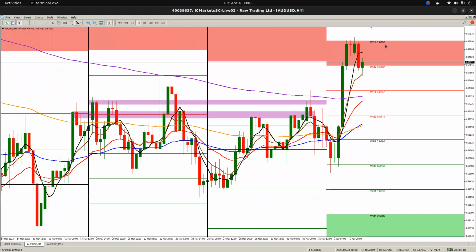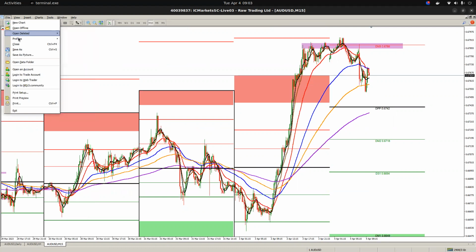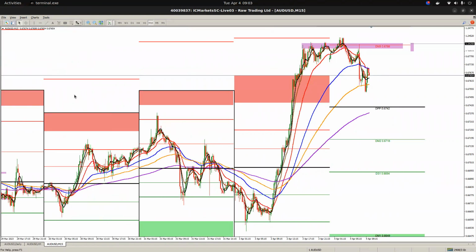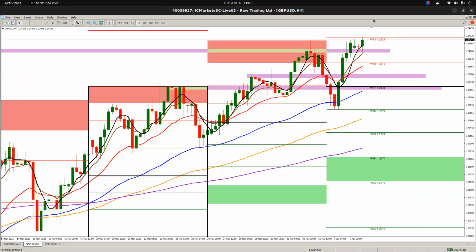Can you sell at some point in time? Do you get a double top, M15, lower low, lower high? I'd pay attention to that. The second thing I pay attention to is the pound dollar. Price currently at the top of that range. You're looking for an indication. The concern here again is that price broke up above this resistance and it became support. You're looking for an indication of lower low, lower high, or price breaking support, becoming resistance on the H4 time